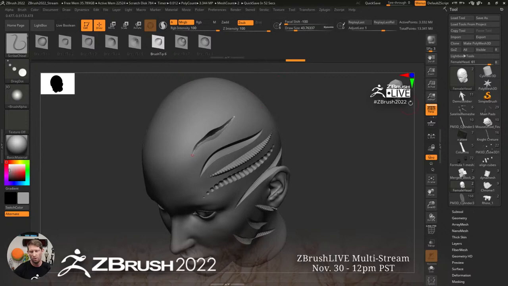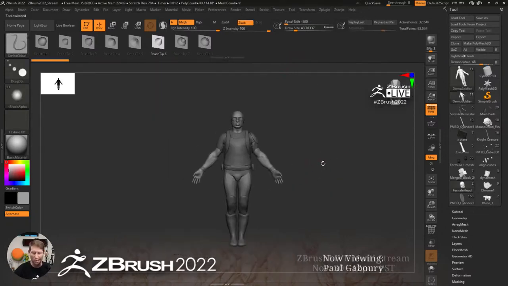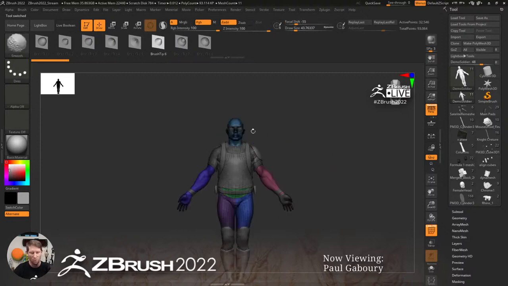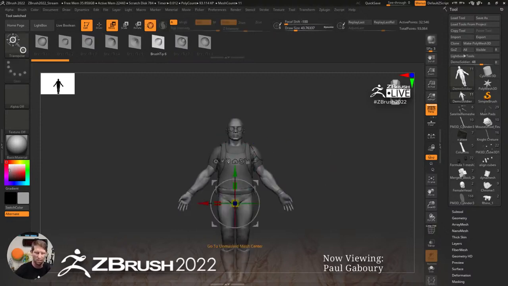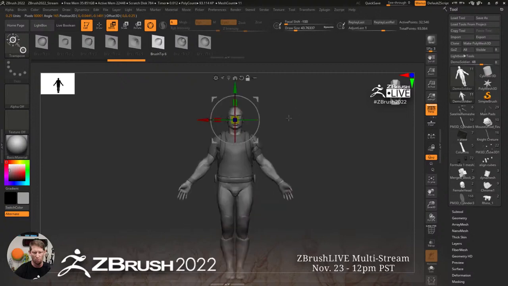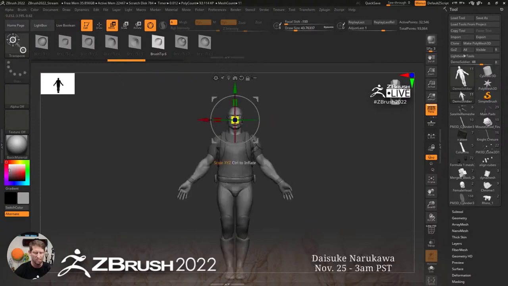Okay, so let's continue moving on. Let's take the demo soldier again. He's our friend, right? We'll make sure he's selected. I'm going to throw on my gizmo, and let's put him up here at the top. So when we're working with our gizmo, we obviously have the ability to move, rotate, and scale, and everything's staying nice and conformed to what the original